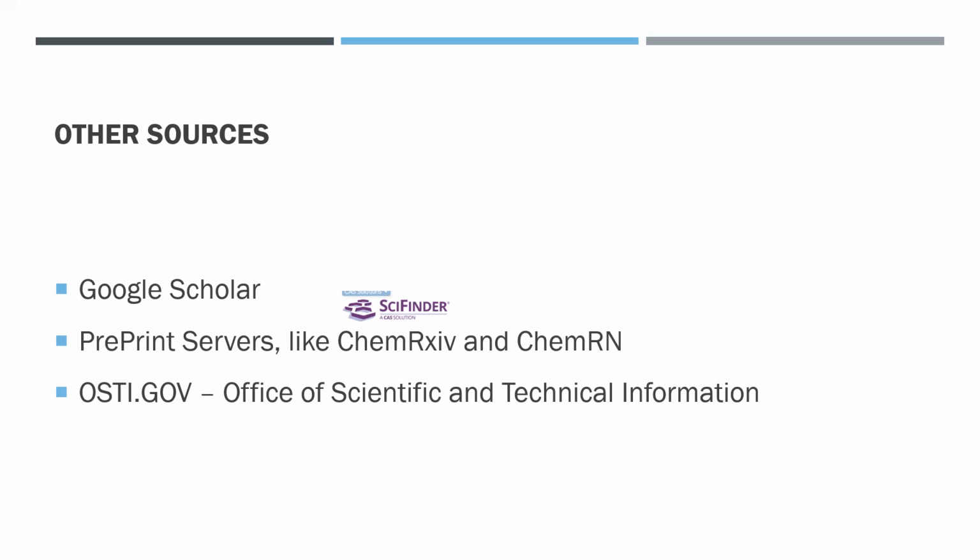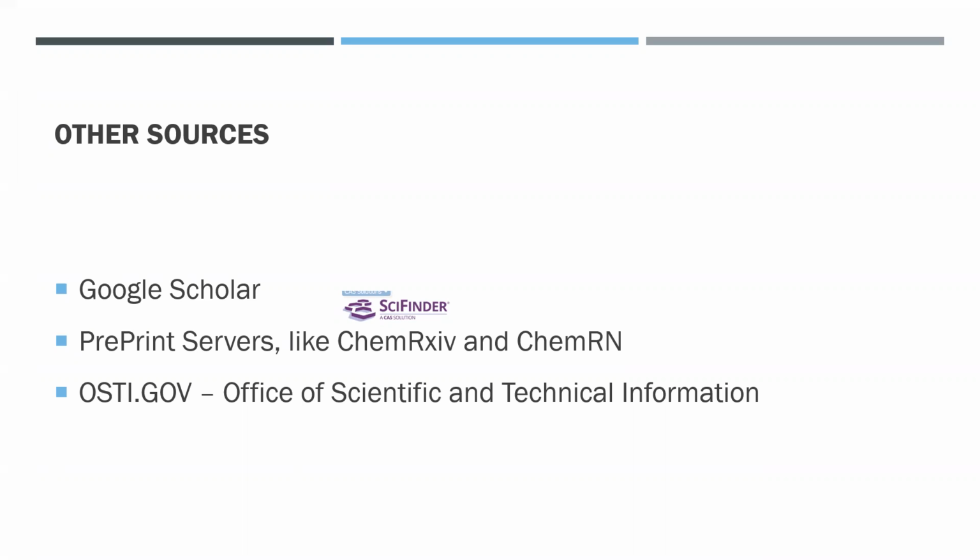So some things there will be chemical in nature, some things won't be, but it's available. And so you might have to think kind of broadly, like, okay, what government entity might be doing research on the topic I'm interested in? Do they have a database? Can I find it and just search there to make sure that I'm getting everything I need?